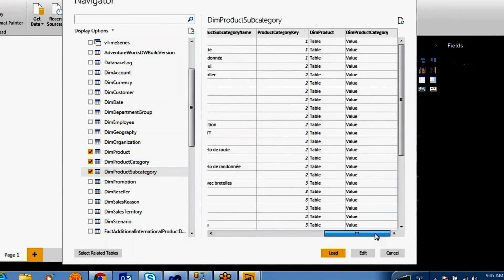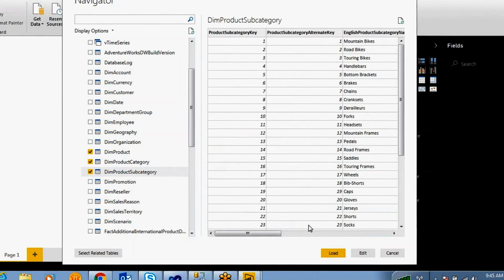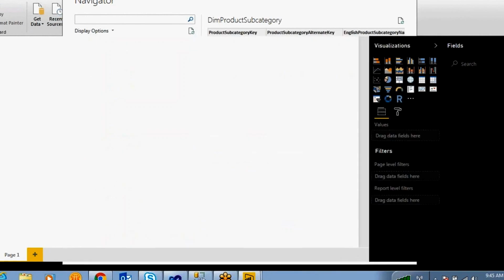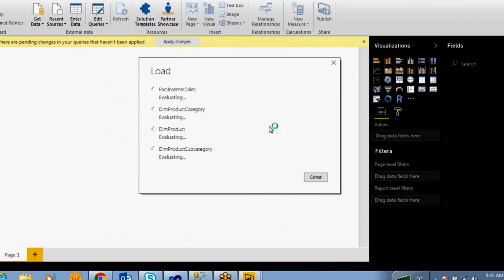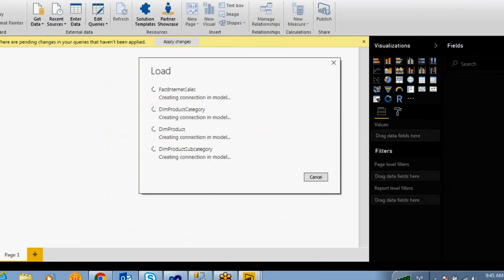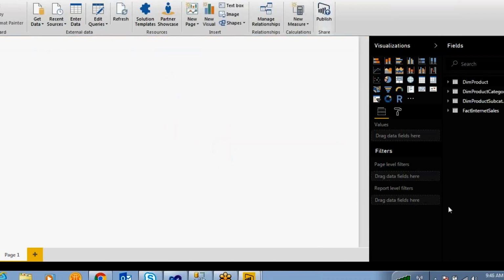These are the tables I'm going to take. Just load it. It is importing the data into Power BI in memory. So I have imported these four tables: fact internet sales, product subcategory, product category, and dim product.